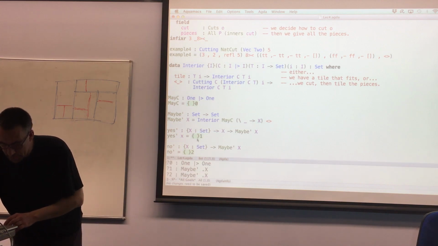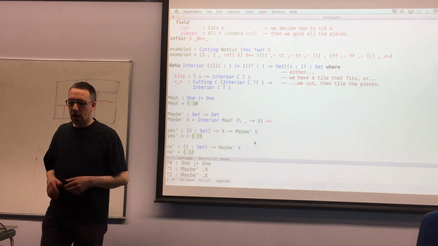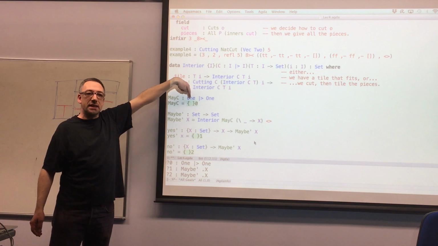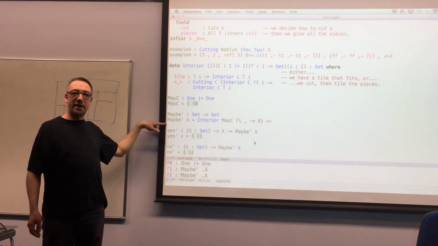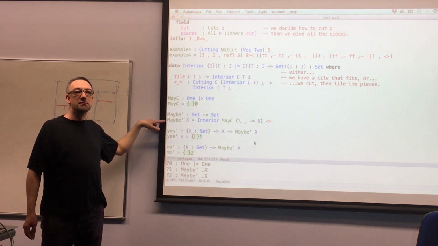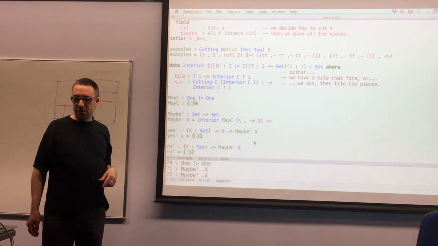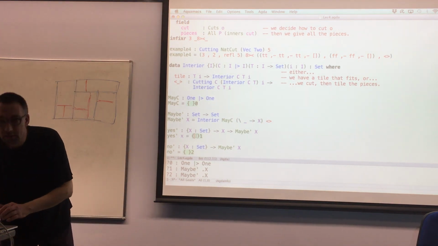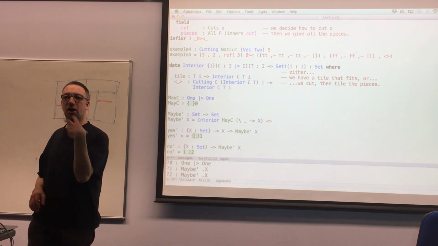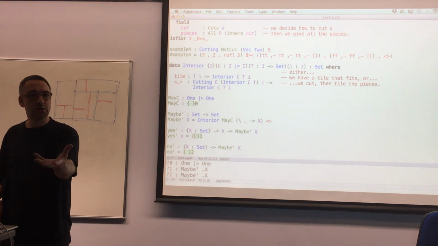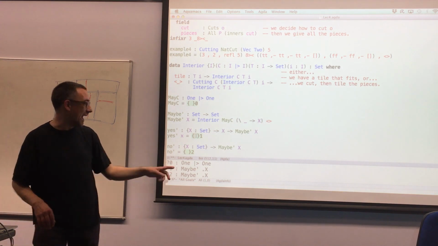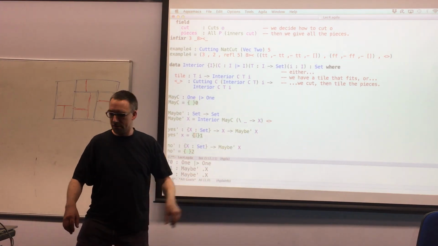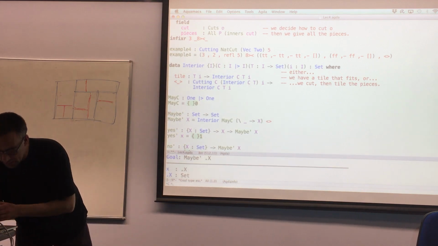Okay. So what I'm trying to say is, can we just come up with one of these things so that this type behaves just like maybe? So let's first of all see if we can implement yes. Remember, yes is how we give a final value. So that should be the same job as, if we've actually got an x, then we should be able to build our funny interior,